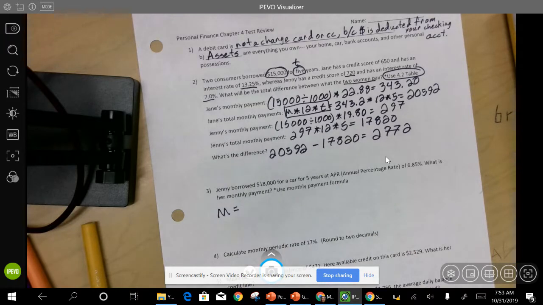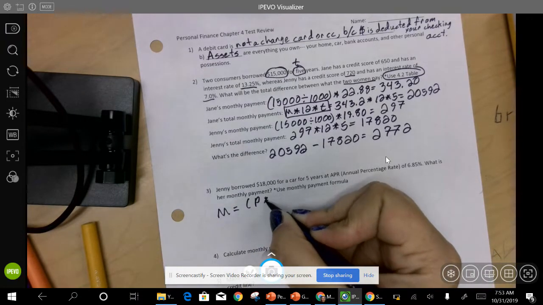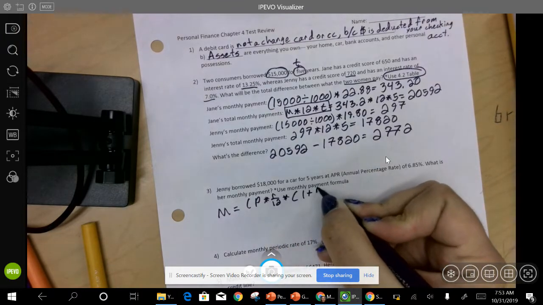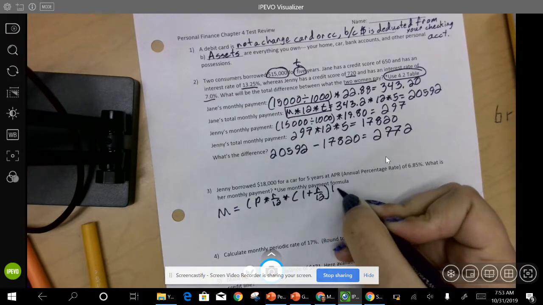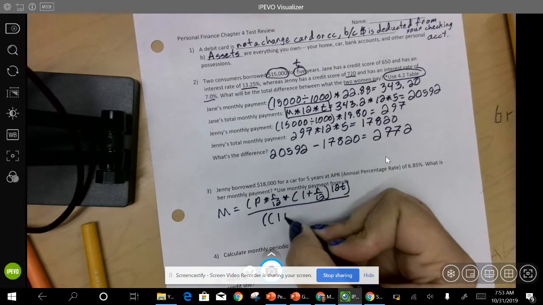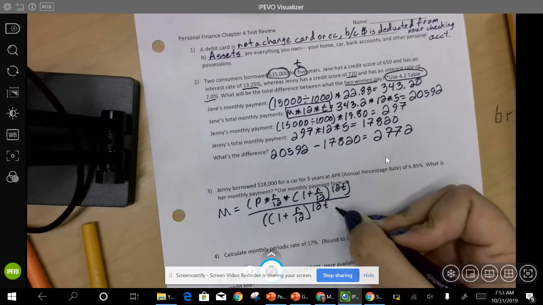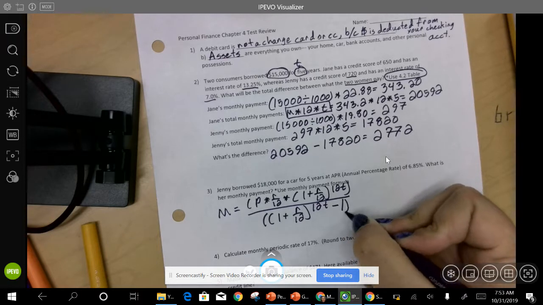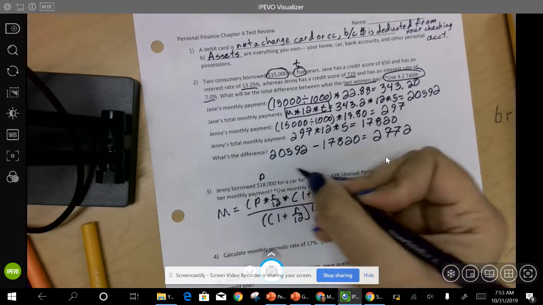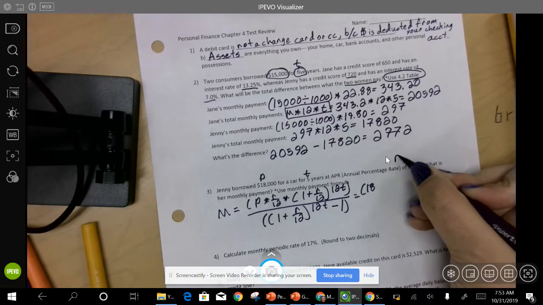So this next one, everybody, we're going to use our monthly payment formula. Everybody remember that's this one. So principal times the rate divided by 12 times 1 plus the rate divided by 12 to the 12t, all over 1 plus the rate divided by 12 raised to 12 times the t, minus 1. So we're going to put in the principal. This is the time. And then the rate, remember, is going to be